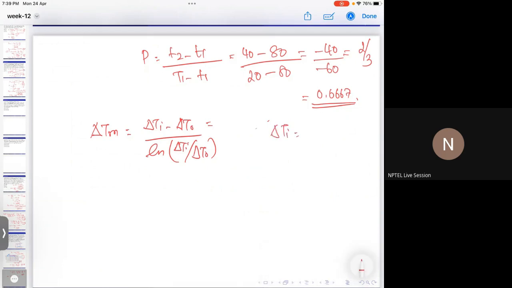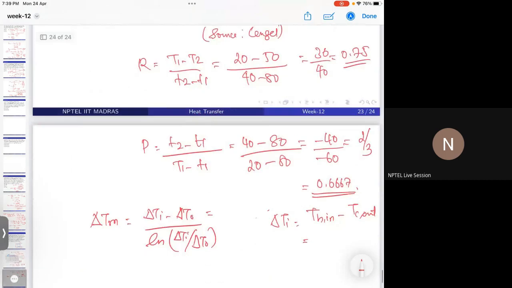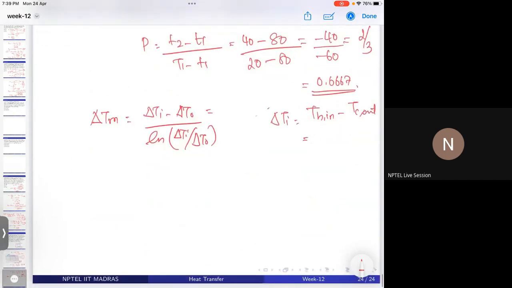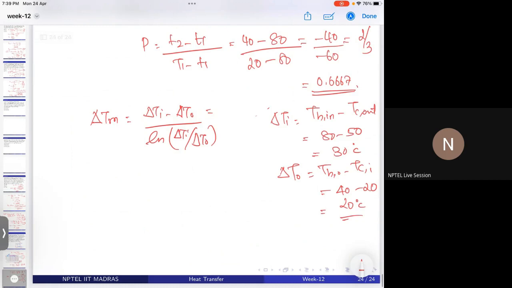Delta Ti is equal to Th in minus Tc out, equal to 80 minus 50, 30 degrees Celsius. Th out minus Tc in is equal to 40 minus 20, equal to 20 degrees Celsius. So this will be (30 minus 20) divided by ln(30 by 20). You will get around